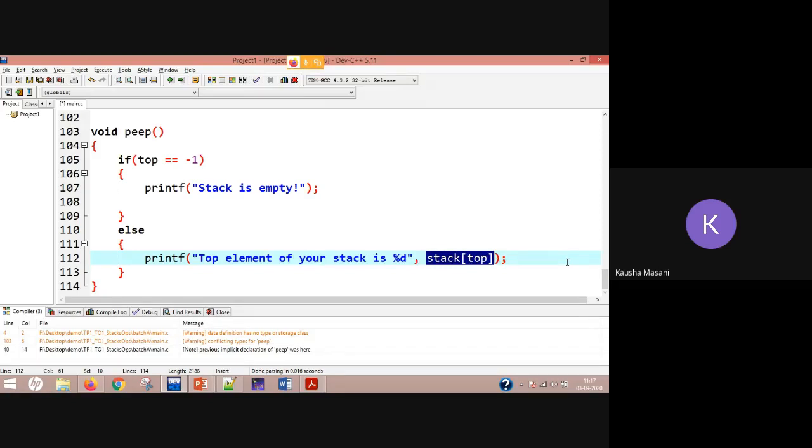Implement this function quickly, then we can go for display. Any doubts in between, you are free to ask me.